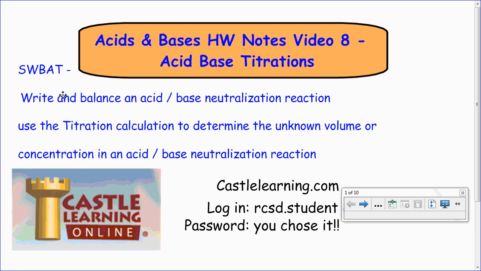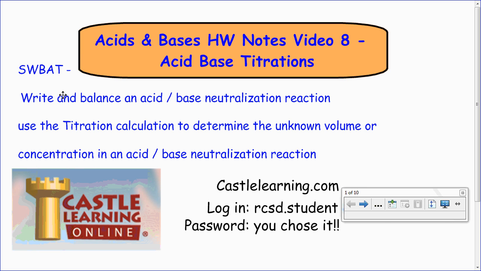We're covering neutralization and titration reactions in this lesson. So you'll be able to write and balance acid-base neutralization reactions. We did a little of that at the beginning of the unit. We're also going to use that titration equation and calculation to determine the unknown volume or concentration in an acid